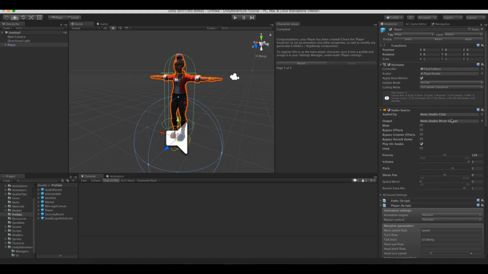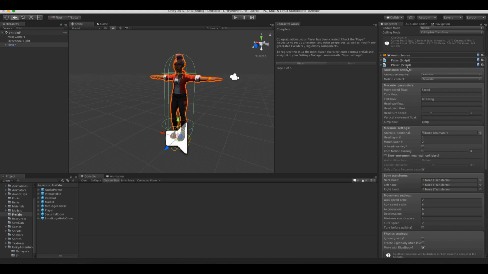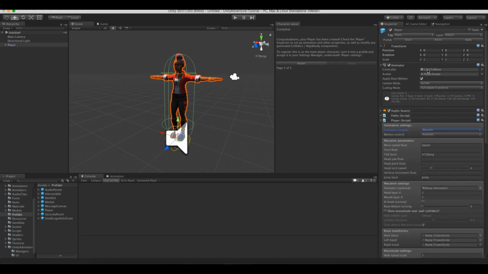Now, going up through this new player game object, we've got an audio source, we've got a couple of AC components, and this player component has a lot of settings, most of which we can ignore, at least for the moment. At the top, we've got our animation engine, still set to mechanism. But then we've got this mechanism parameters panel, the first of which is this move speed float. Now, all of these parameter names are the names of parameters in our animator controller that AC wants to control during gameplay. So this move speed float will be any float parameter that will be controlled by AC and will take the form of the character's